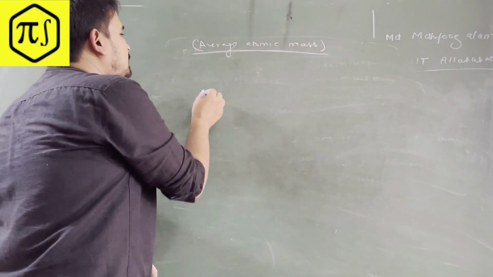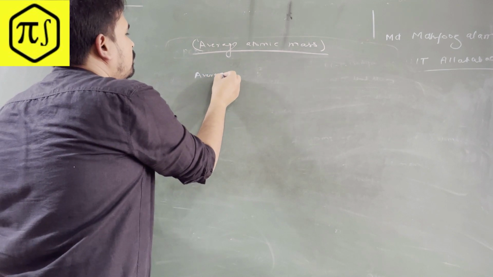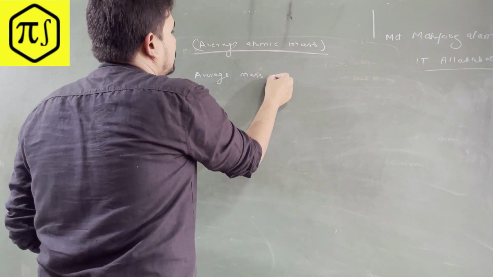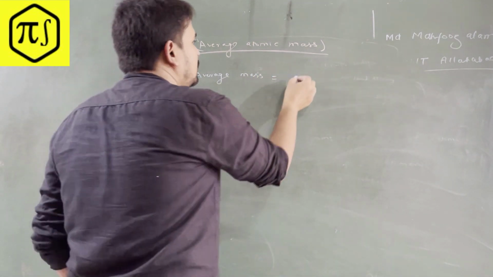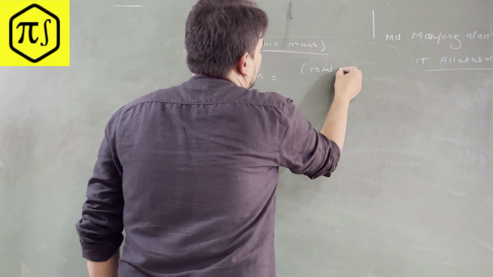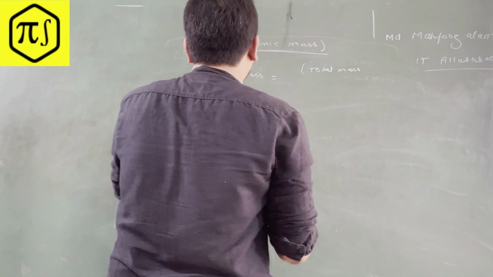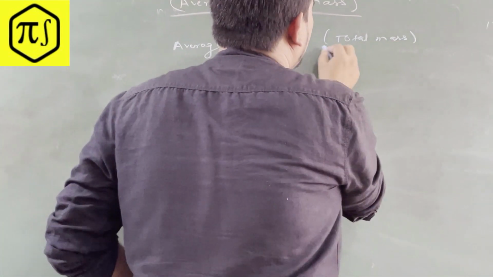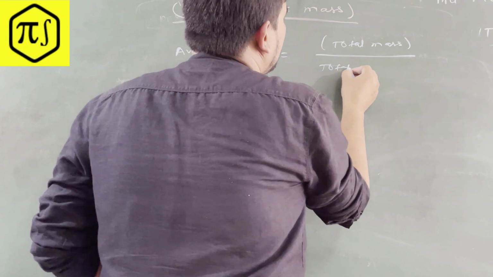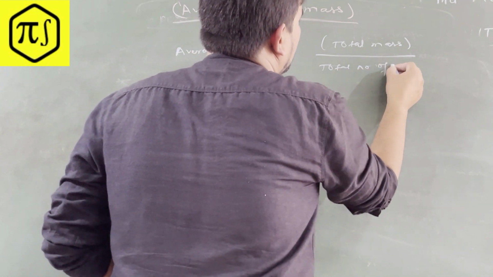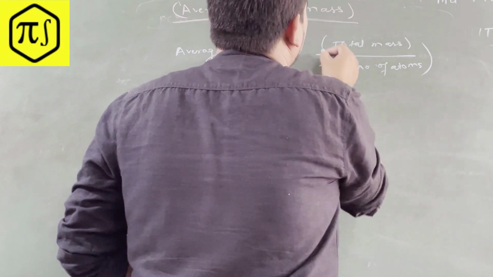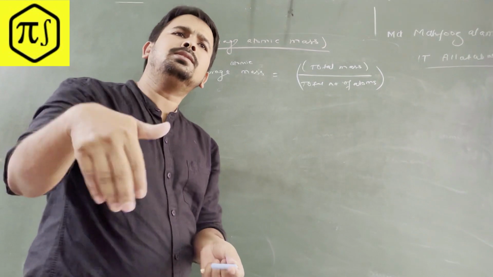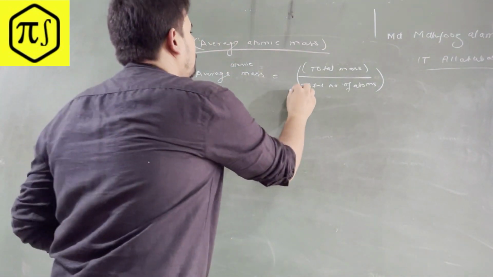So what you learn in 10th or very basic in lower standard, that same thing we will use, the same definition, and will derive the higher level of it. So average atomic mass is total mass divided by total number of atoms. See, you know the total mass and total number, then you divide, it means what? The mass per atom, which means average atomic mass. So this is your very basic definition.